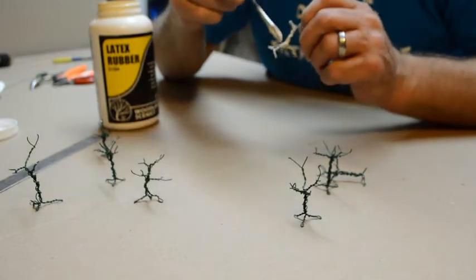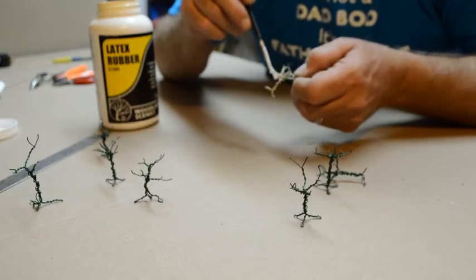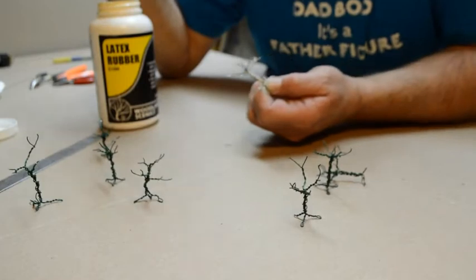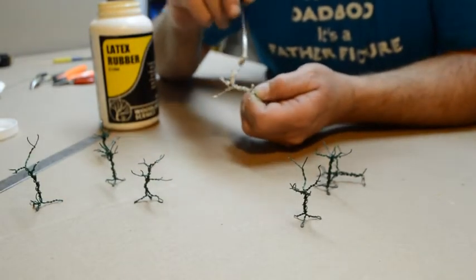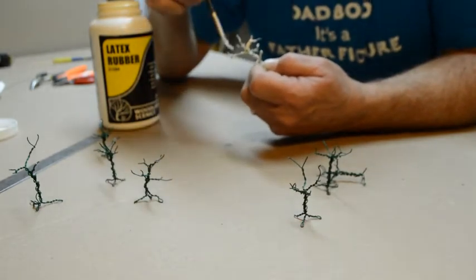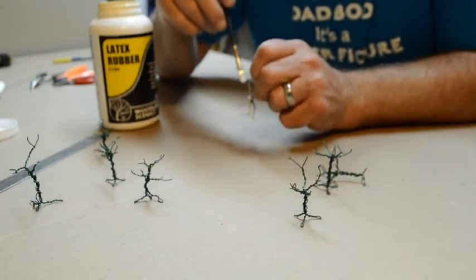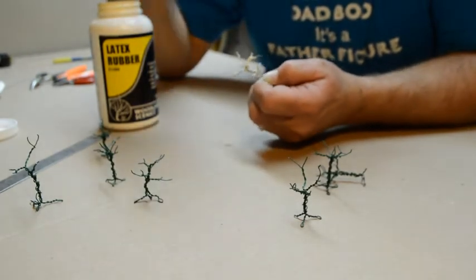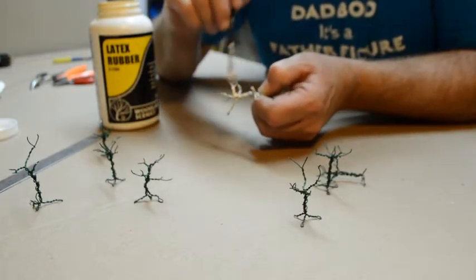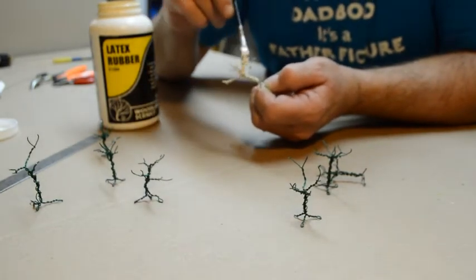my limbs and branches, so that when you're looking under the canopy at the regular tree part, you can see it. You can see an actual tree. And when this is dry, usually only takes an hour or two to dry, but I'll usually wait a little bit longer, and then I will spray paint it with,